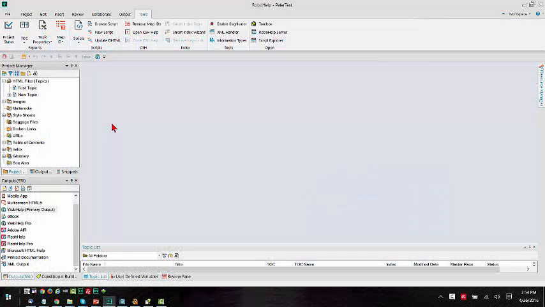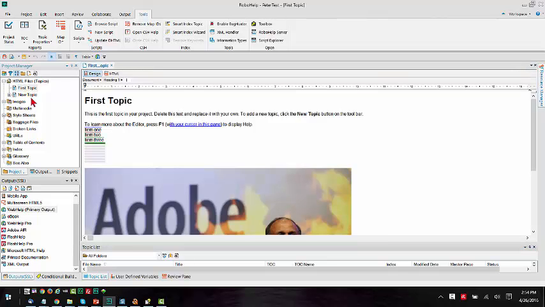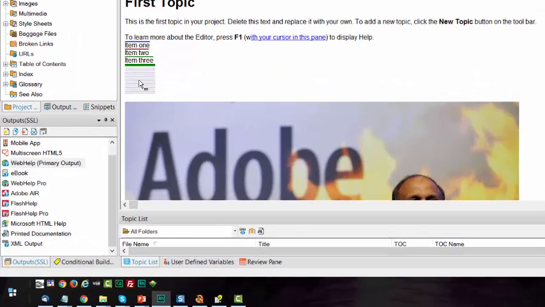It really doesn't matter what version of RoboHelp that you're using. What I'm showing you right now is the RoboHelp 2015 release, but the same holds true for earlier versions, so don't let the interface throw you. But when you have a topic open and you have an image in the topic and that image gains focus,